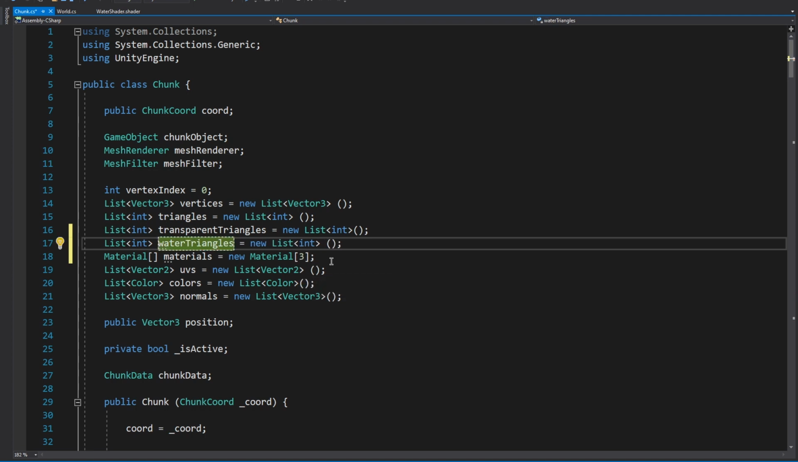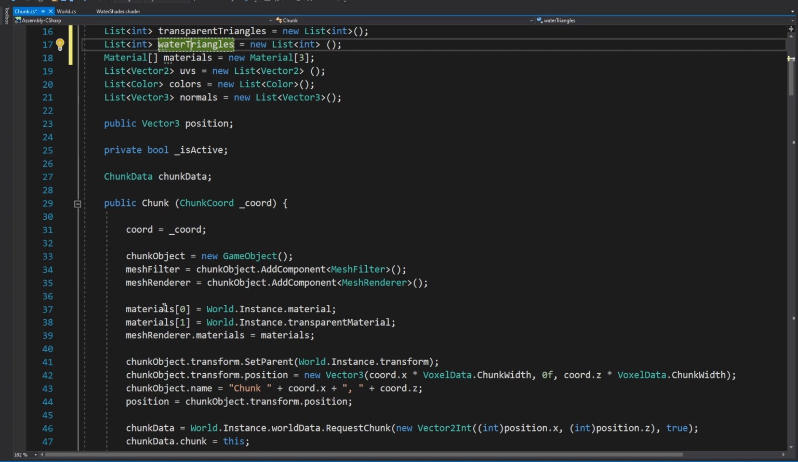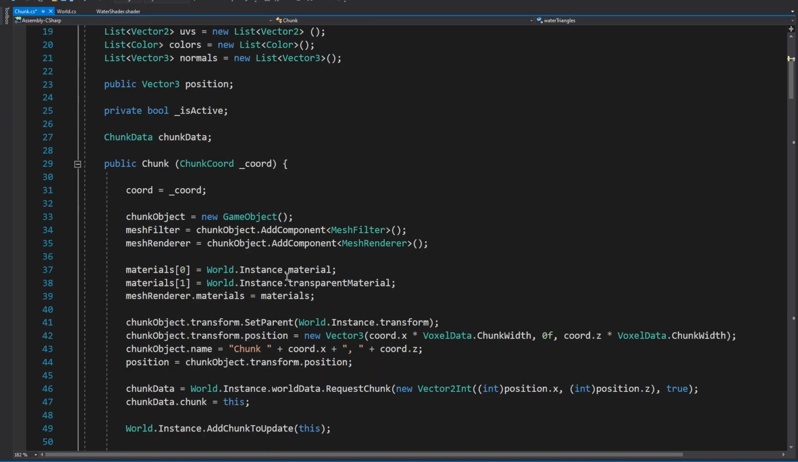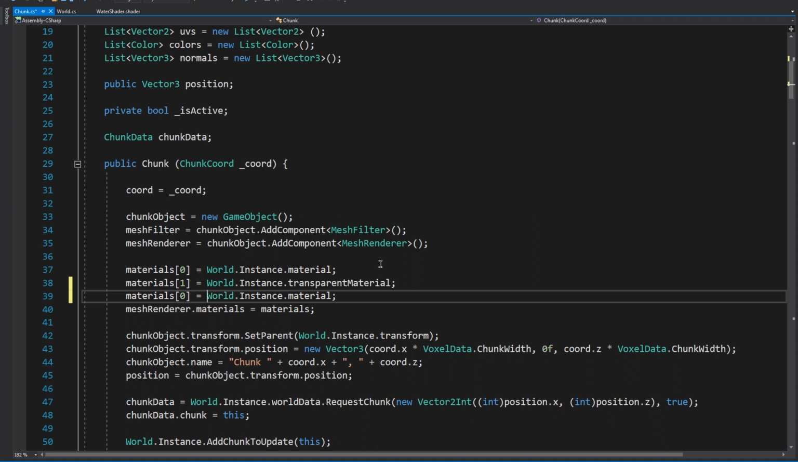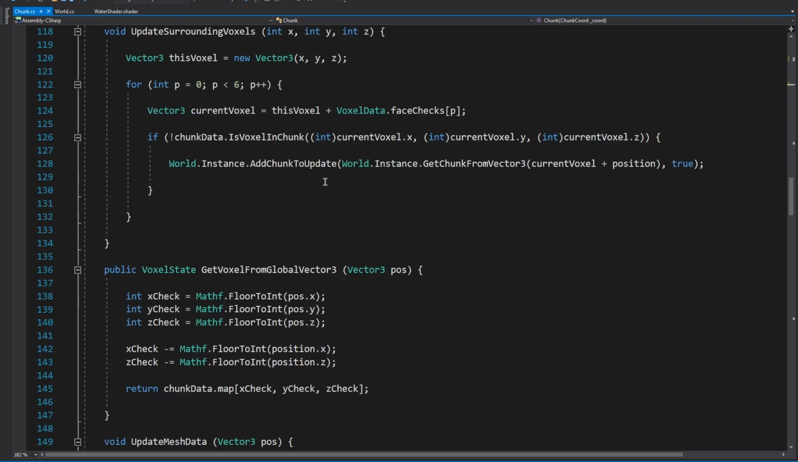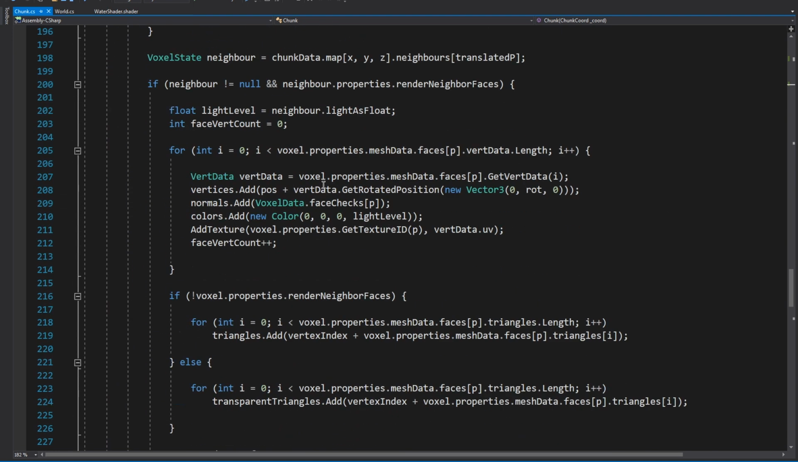All very imaginative naming going on here. And then down here where we actually set our materials, just copy that again. And we want to say 2 this time, and we're setting it to water material. Now if we scroll down to update mesh data, which is where all the magic happens regarding drawing